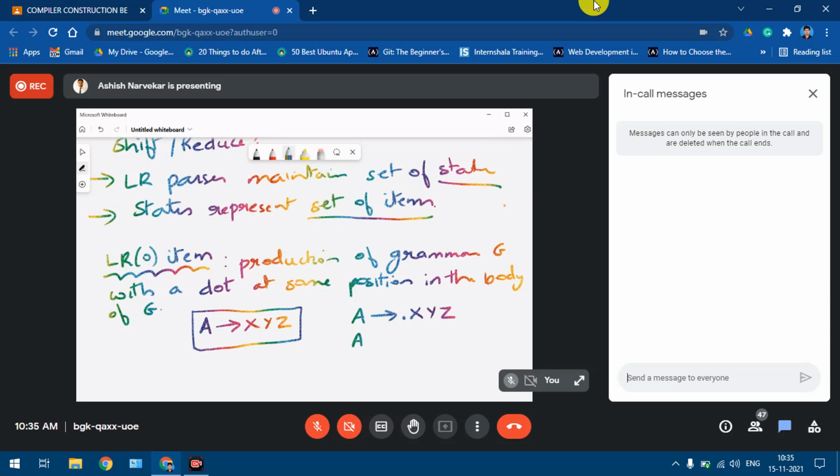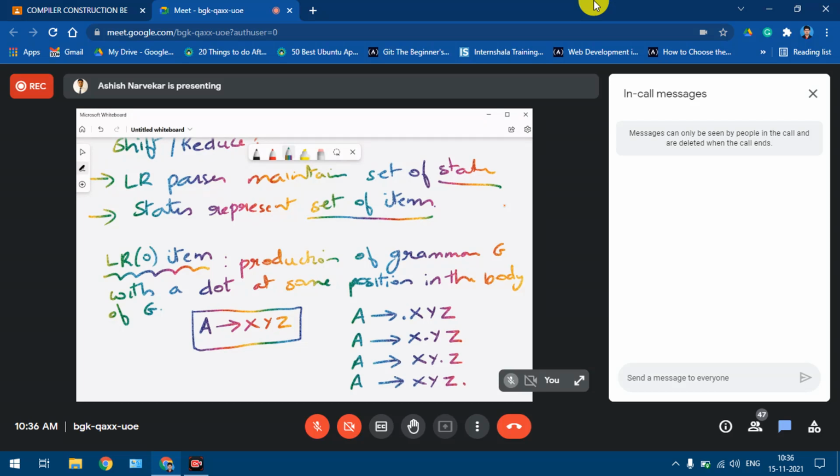So the same production will be rewritten as A gives X dot Y, Z. Furthermore, it will be shifted again to give us X, Y dot Z. And finally, what we'll get is X, Y, Z dot.